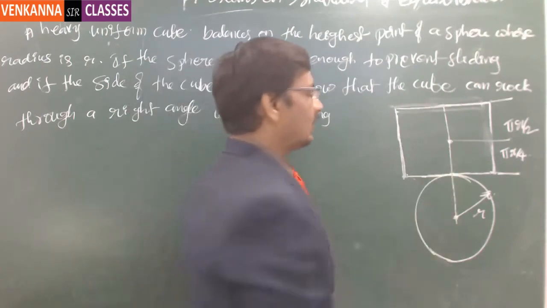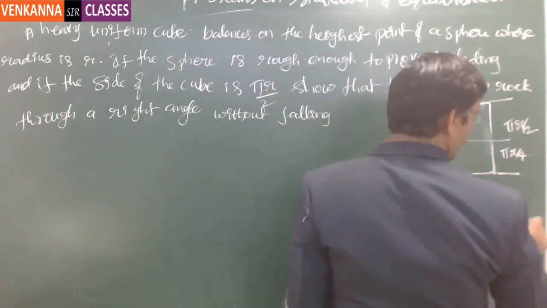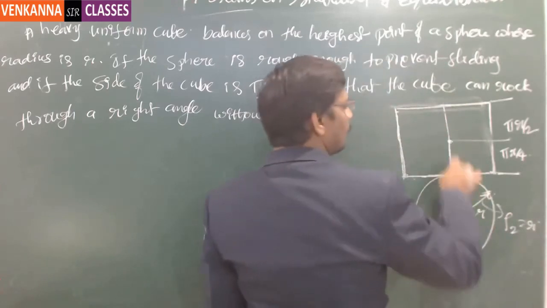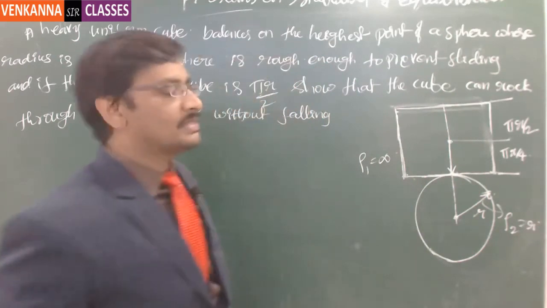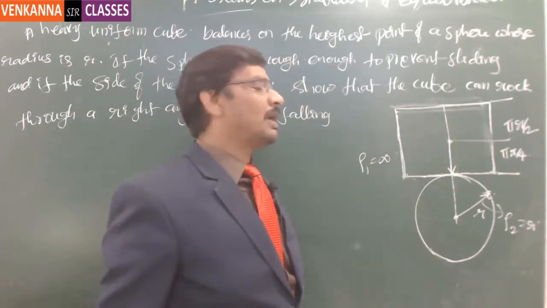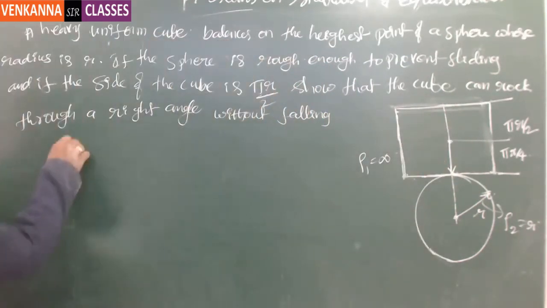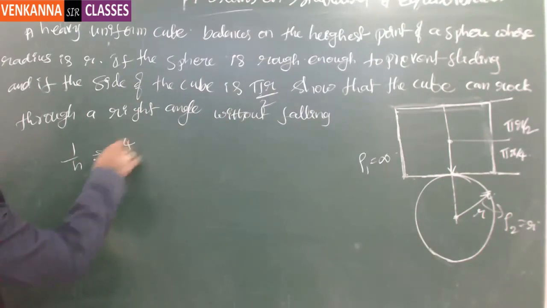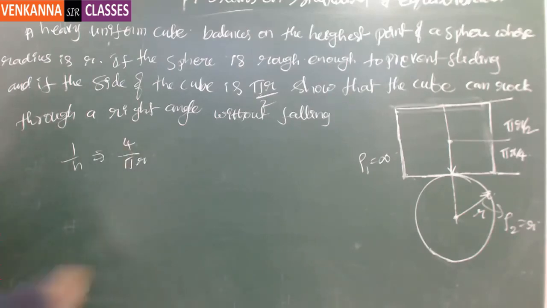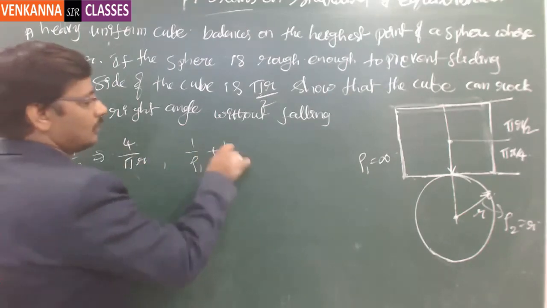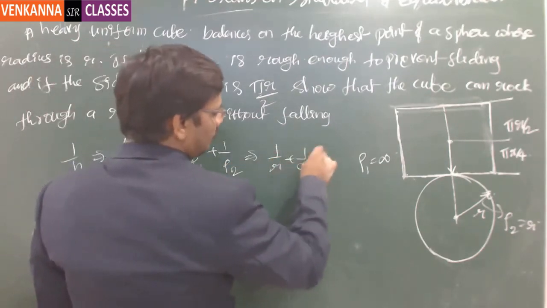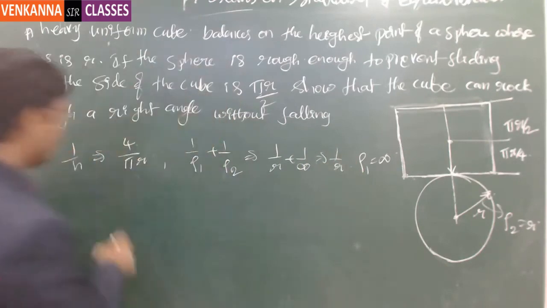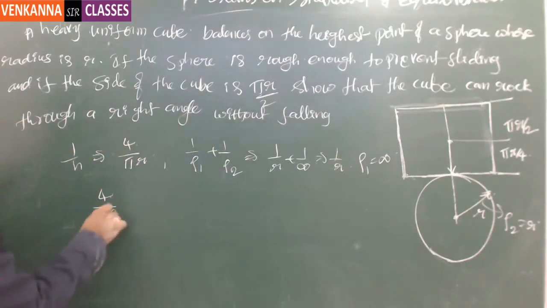For that, the radius of curvature rho 2 is equal to r, and the radius of curvature for the top one, rho 1, is equal to infinite. And the height of the center of gravity from the point of contact is pi r by 4. So 1 by h is equal to 4 by pi r, and 1 by rho 1 plus 1 by rho 2 is equal to 1 by r plus 1 by infinite. So this is 1 by r. So 4 by pi r and